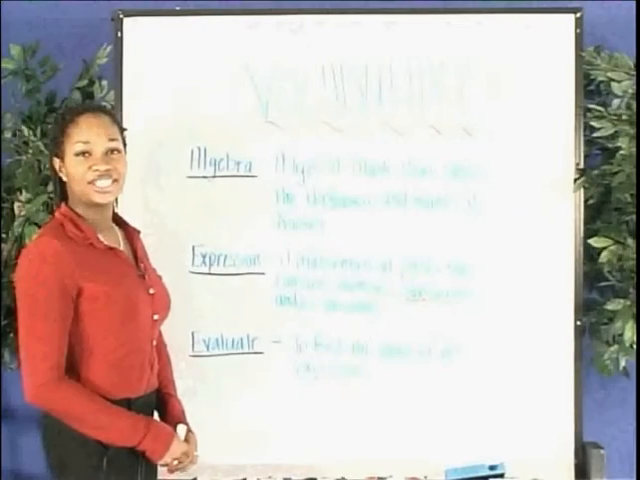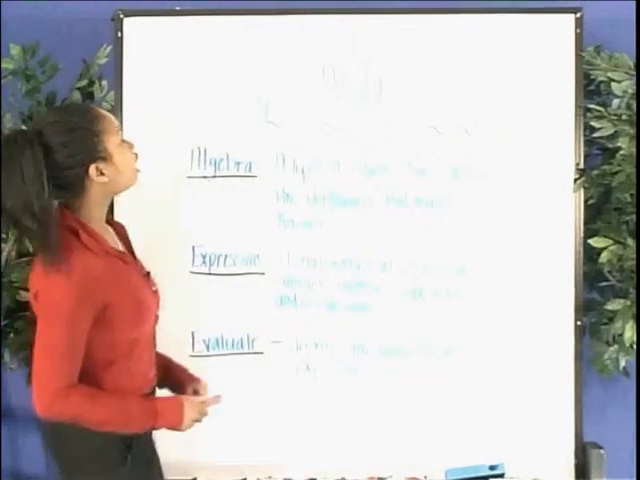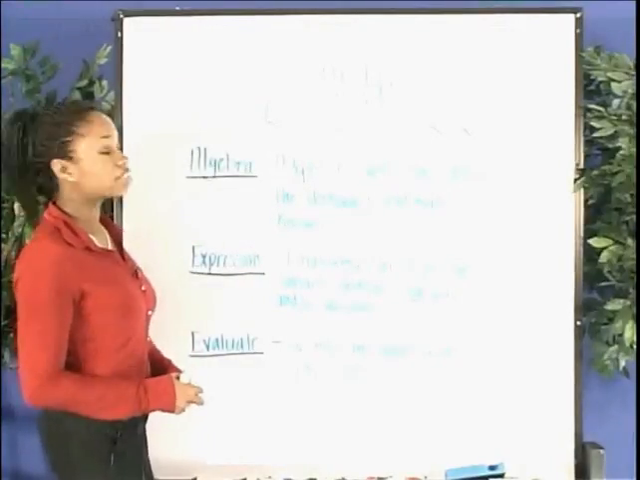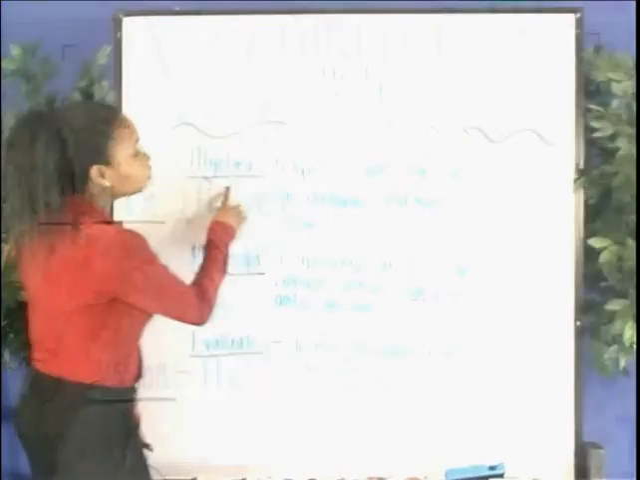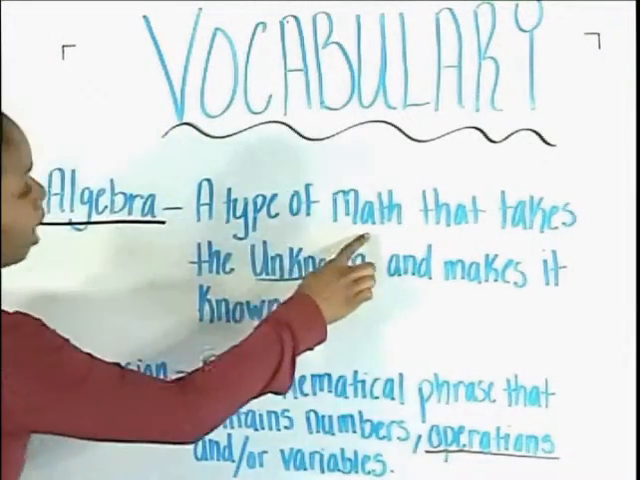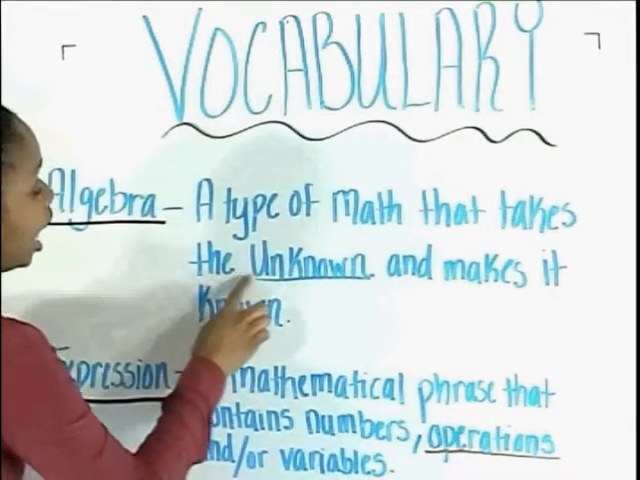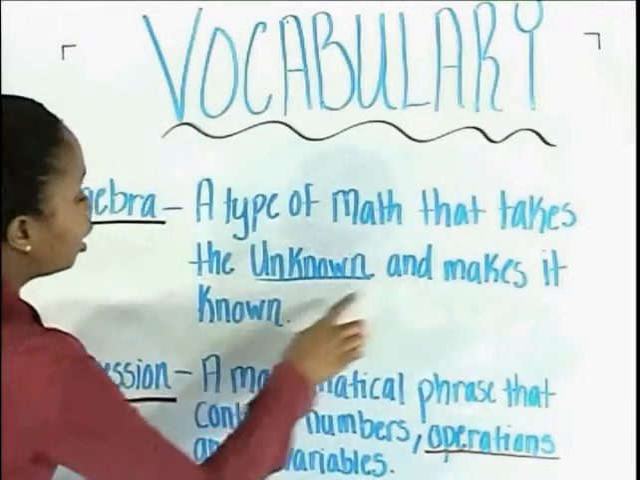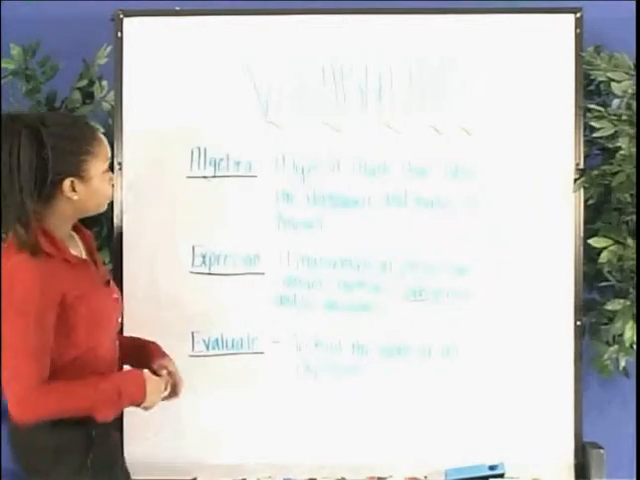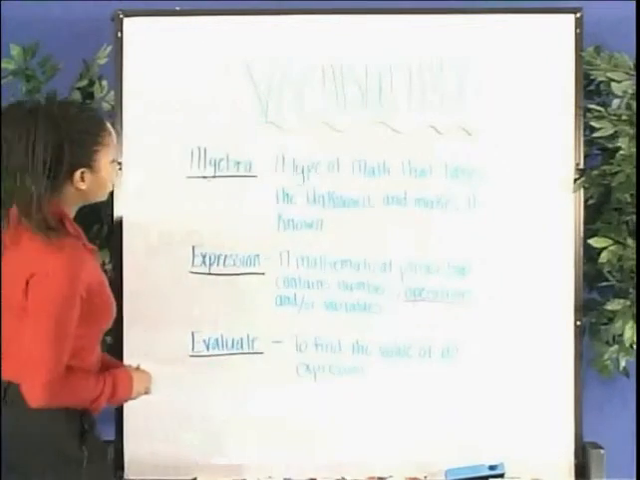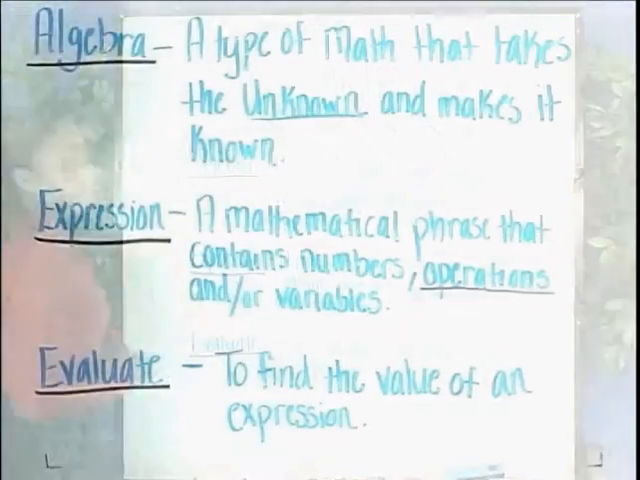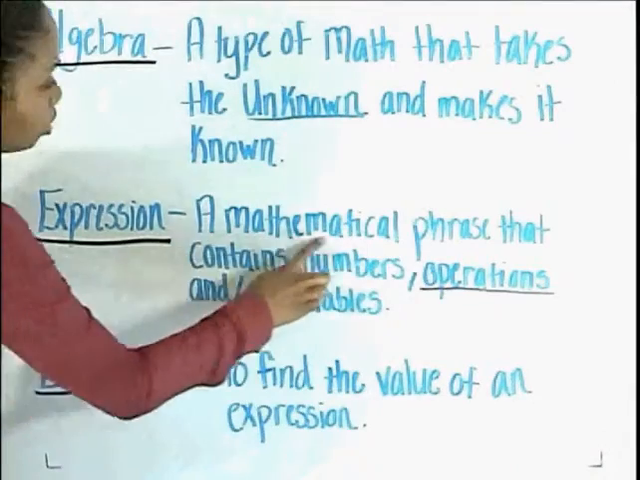Welcome again, Education Builders. I first want to start off by going over some vocabulary for today's lesson, order of operations. We're going to start off by defining the word algebra. Algebra is a type of math that takes an unknown and makes it known. It's basically finding the answer to something that you don't know for real-world situations. Next, we're going to define expression. An expression is a mathematical phrase